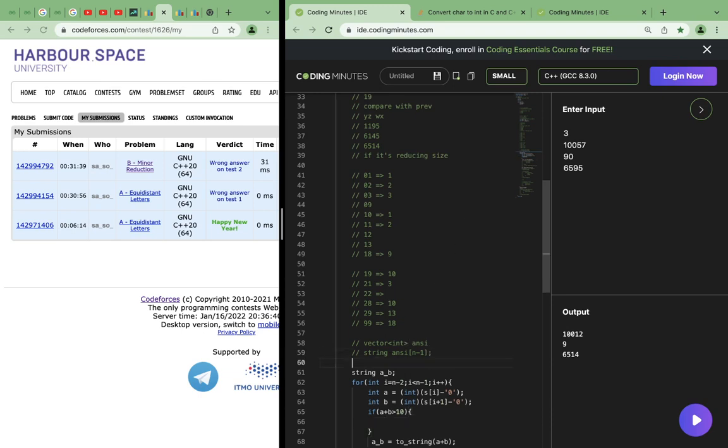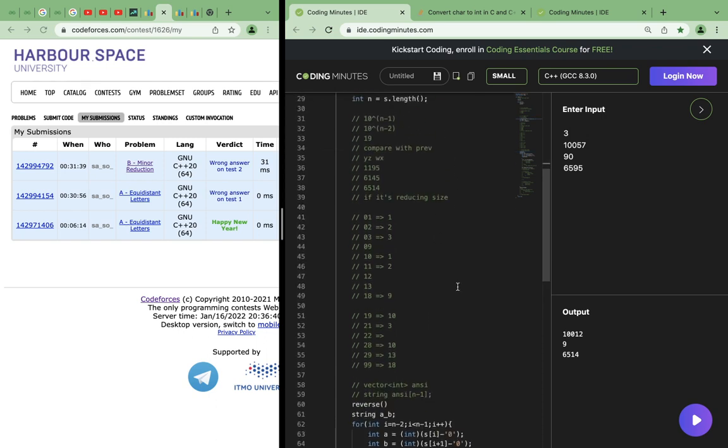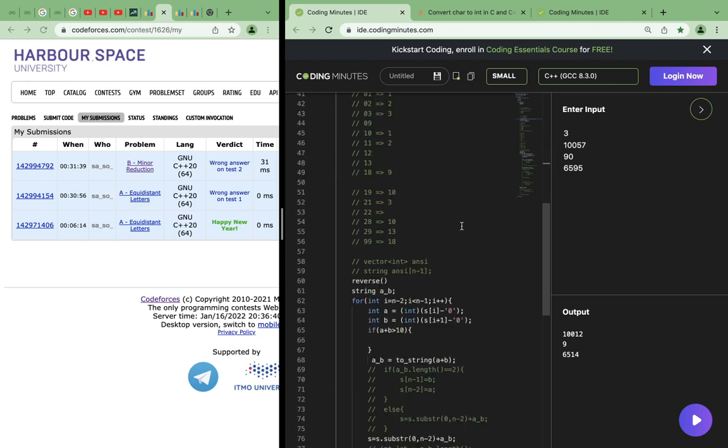So basically, we reverse the string. We had written this function, but then everything will be messed up. We might just start with n minus 1 and go up till 1, and this should be n minus 1. So if a plus b is greater than 10, then you just break,